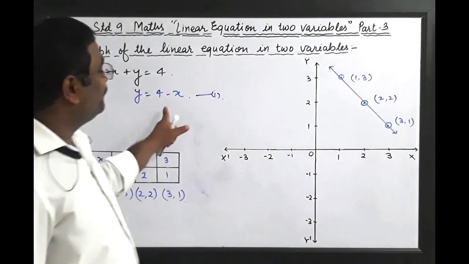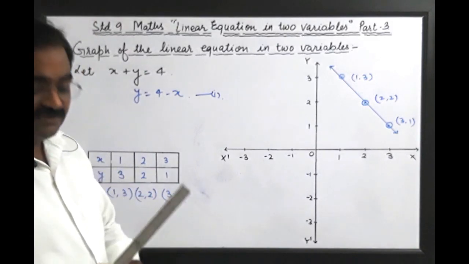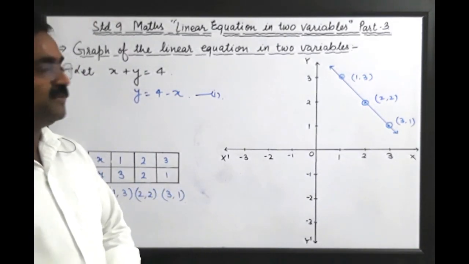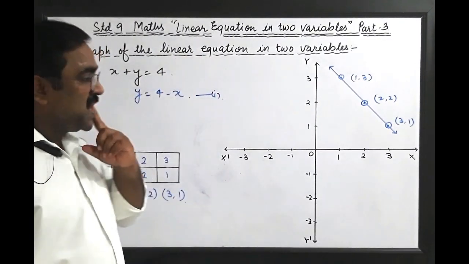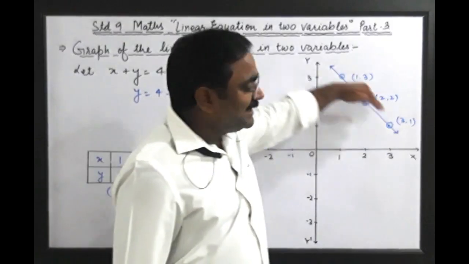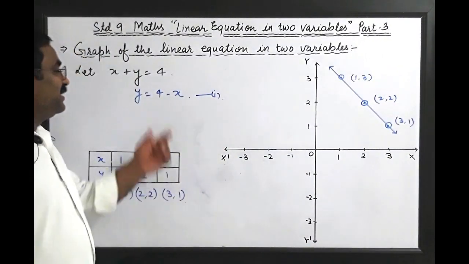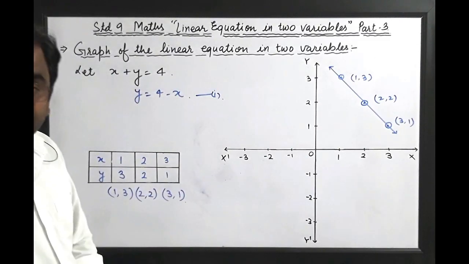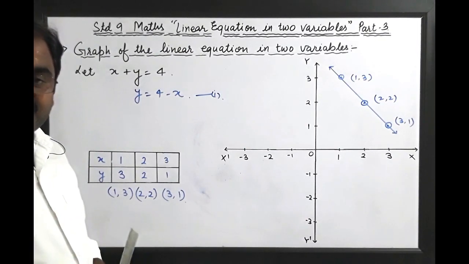The graph of this equation is also a straight line, is also linear. That's why once again it is proved that this equation is called a linear equation. And there are so many points that lie on this line, so it is also proved that a linear equation in two variables has infinitely many solutions. Okay students,